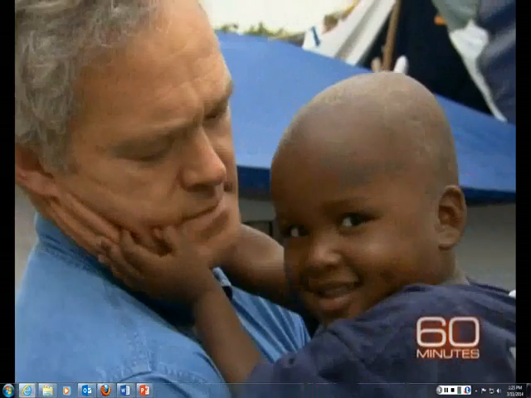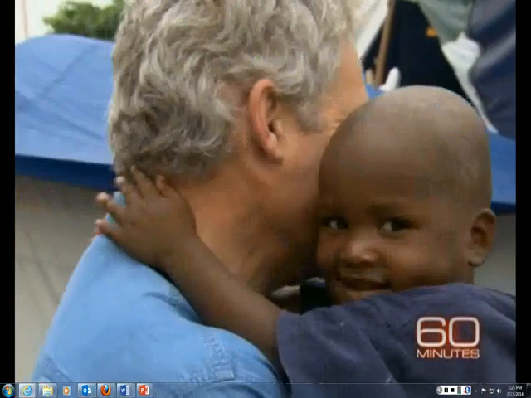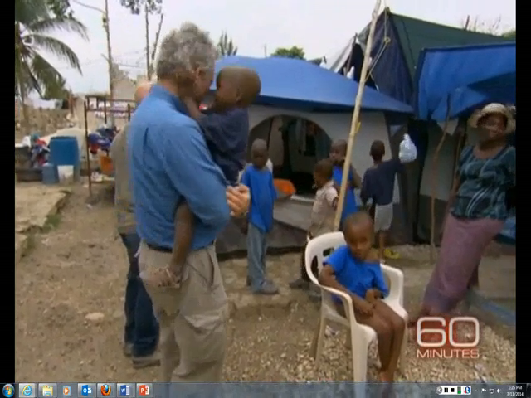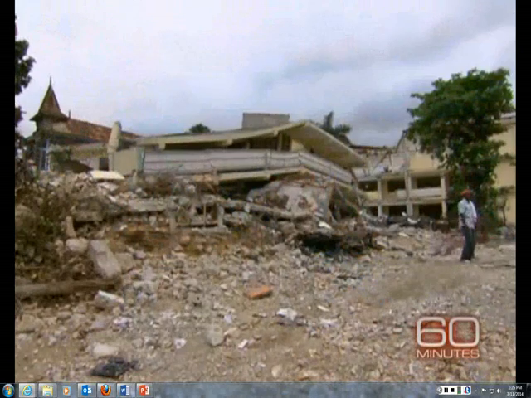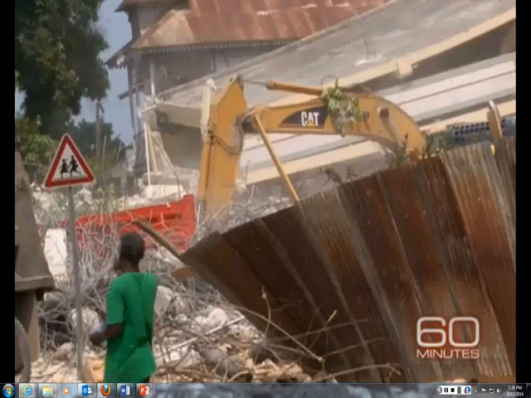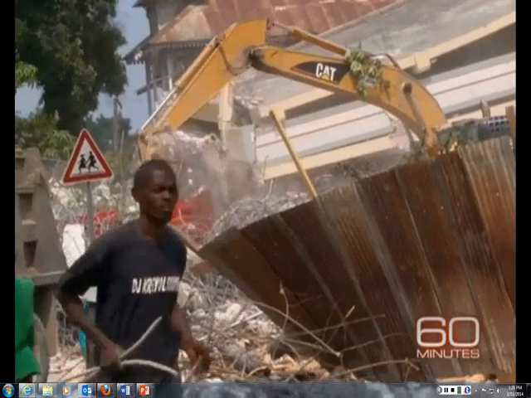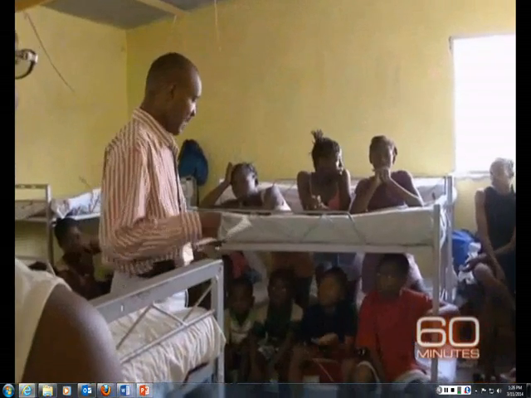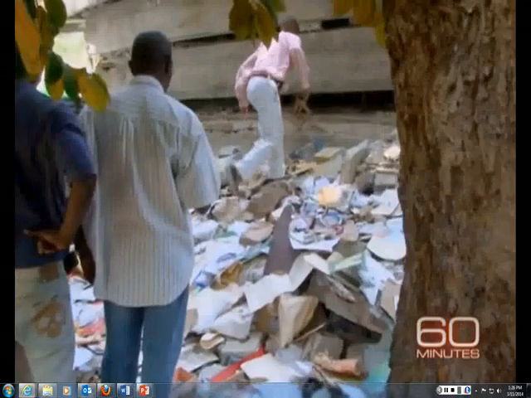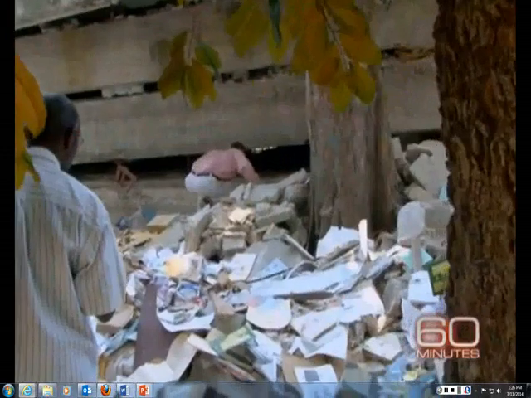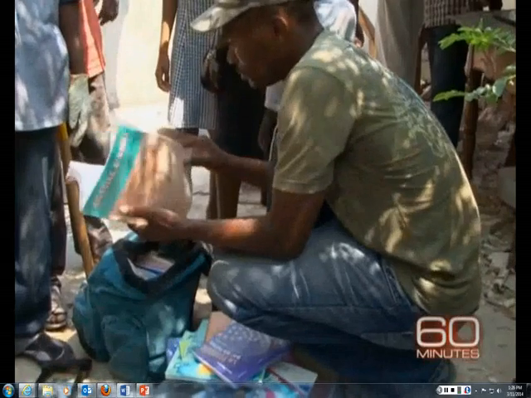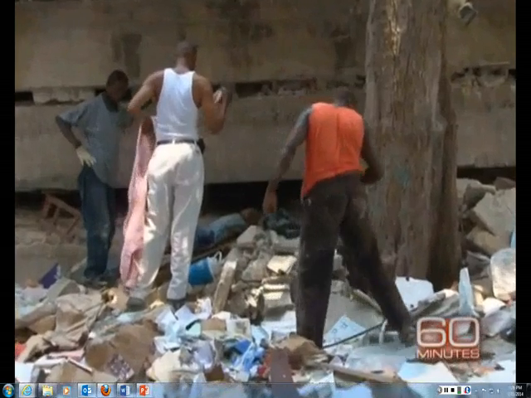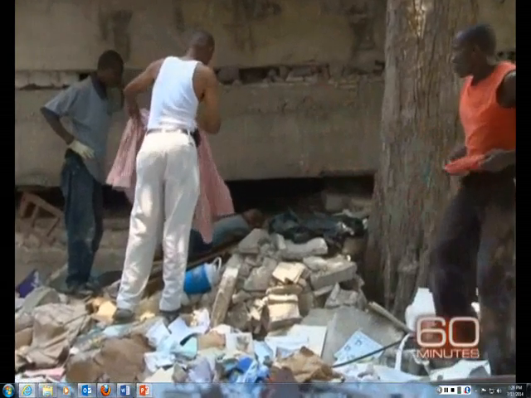Ça va bien? Some are getting just a little bit better. 10 weeks after the quake, we went back to Jean-Marc's school. They had brought in heavy equipment and were digging through the rubble. It was then that Moise Vaval was pulled away from his work at the Orphan Project by a call from the workers at the site. They had found a book bag that belonged to Jean-Marc. And not long after, his weeks of wandering came to an end.